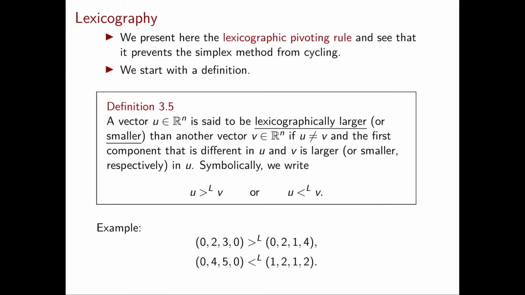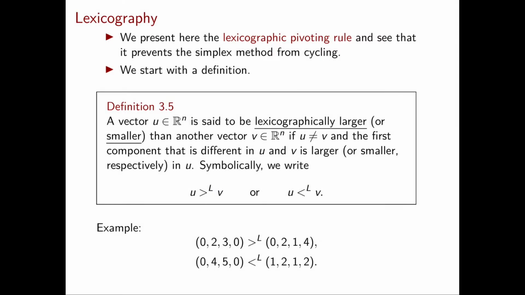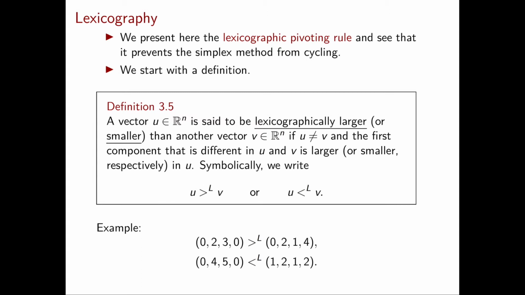The vector on the left is lexicographically larger than the one on the right, and we can check that by looking one by one at all the components. In the first component, both these vectors are zeros, so we have a tie here. So we need to look at the next component. The second component is 2 for both of them, so we need to look at the third component. The third component is 3 in the vector on the left and 1 in the vector on the right. Therefore, the vector on the left is the one that is lexicographically larger. Note that at this point I don't care what's going on in the next components. So in particular, the fact that the last component is larger in the vector on the right has no implication for our definition of being lexicographically larger.